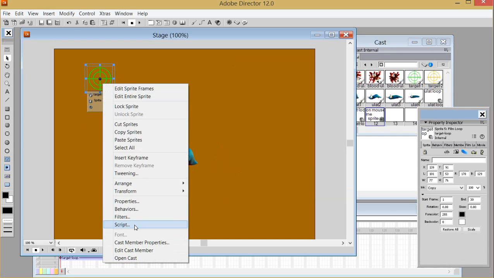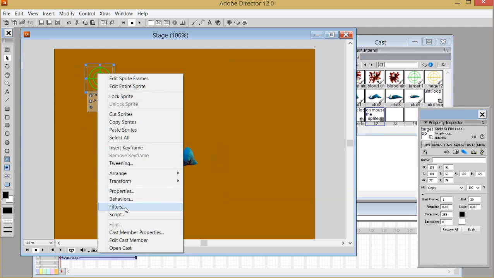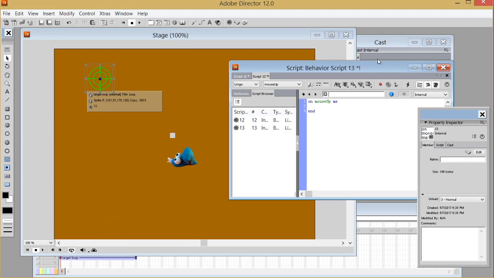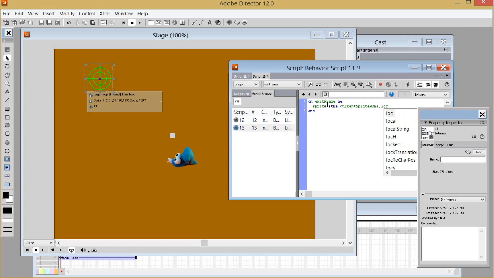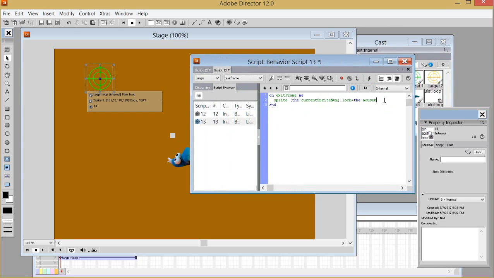So, I'm going to make a script here. Right click, script. And then on exit frame me, so the script always happens every time. Sprite, the current sprite number, location horizontal follows the mouse, horizontal of the mouse,